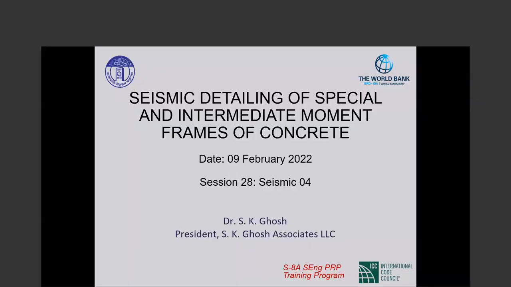The topic today, as Bodhi just said, is seismic detailing of special and intermediate moment frames of concrete. The detailing versus design for strength is something we have discussed earlier, and I will briefly touch upon that again. Intermediate moment frames, by now you know,